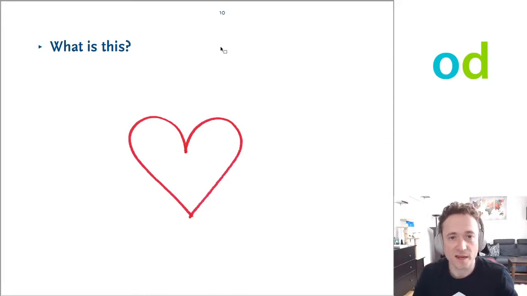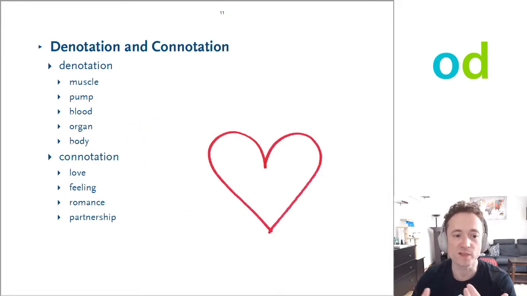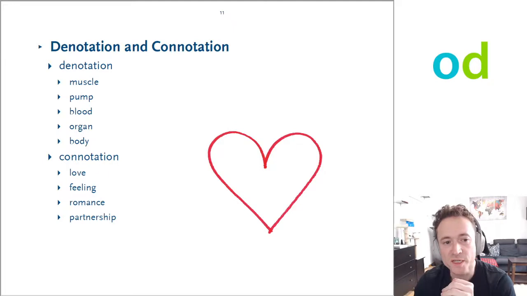And the things that I associate with this sign, the meaning of it, this meaning can be separated in two areas. One area is the denotation, one area is the connotation, and both are a crucial part of every sign. Speaking about the heart, we have a denotation. That means, what does it mean by the sense of the sign? It's a muscle, it's a pump, it's pumping blood, it's an organ, it's part of the body. But it also has the connotation of love, feeling, romance, partnership that might be even more important than the denotation